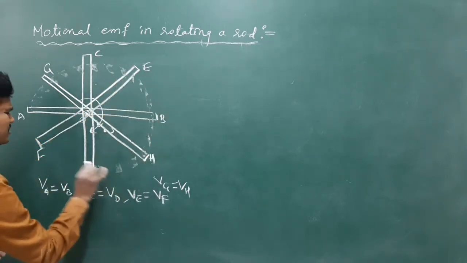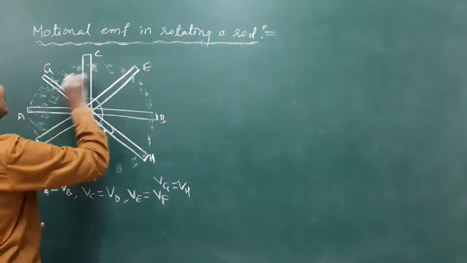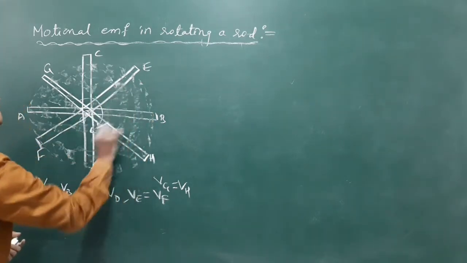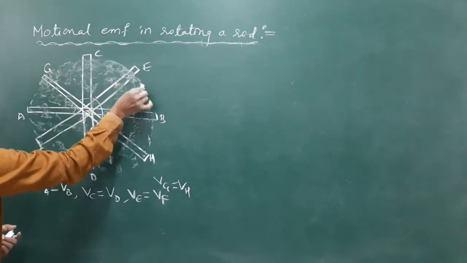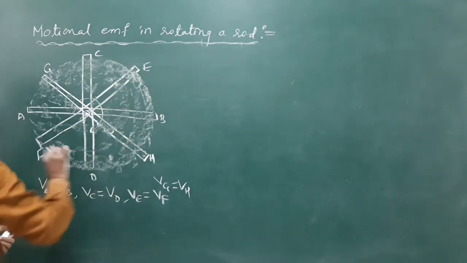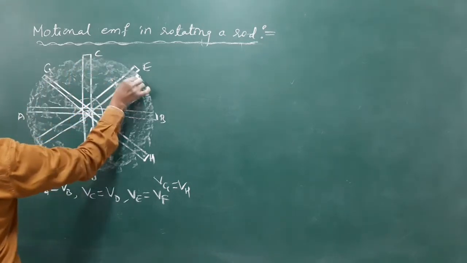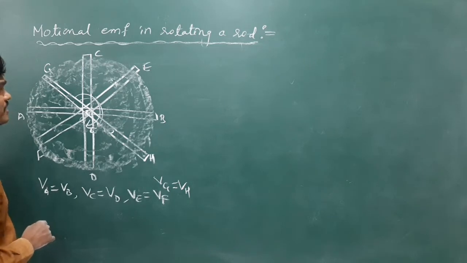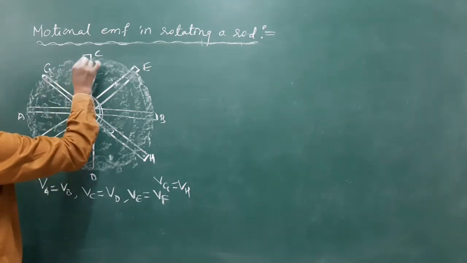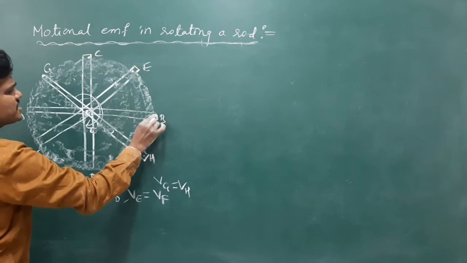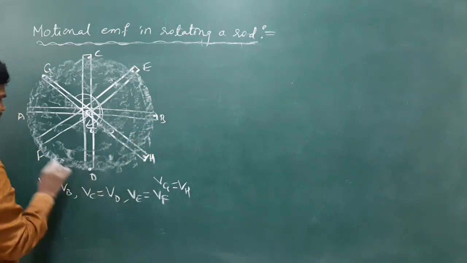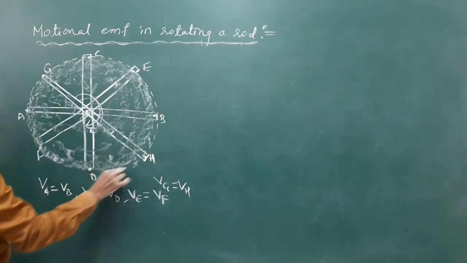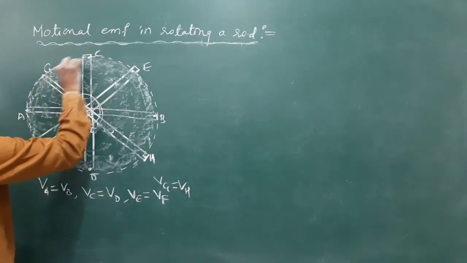at the circumference of the rods, you will get a disc shape. So if I join all the rods, you will get a disc rotating about its axis, passing through the center perpendicular to the plane. And on the circumference all the potentials are the same. These are at a common potential, nothing but equipotential surfaces.